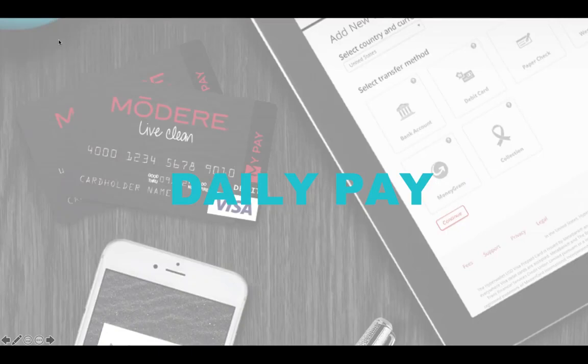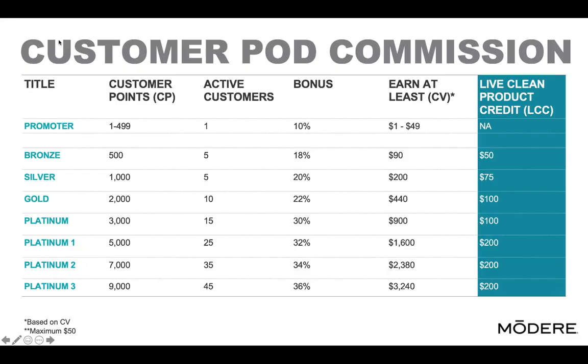Now in Modere, all of those new orders, all the first orders, whether it's your personal customer or your customer's customer, those are all paid in our daily pay program. So you get a customer today, you're paid tomorrow. So it's a really dynamic part of the Modere compensation plan. And as you see that we have a 10-to-1 ratio. So every one person that does our business, they average 10 customers each. In fact, over 80% of the company's revenue comes from our customer base. It's part of the dynamic of these customer pods in our social retail model.